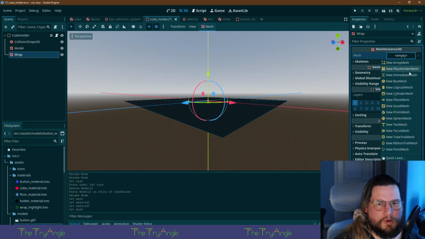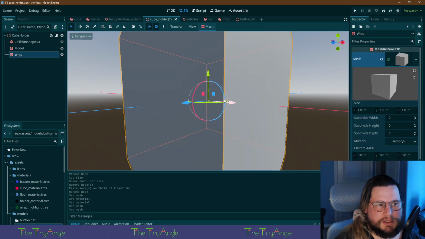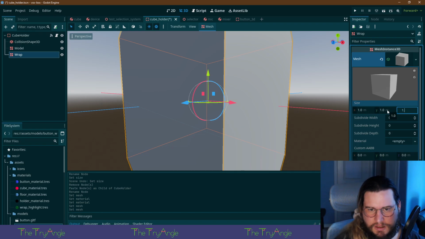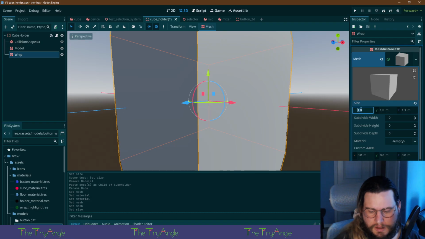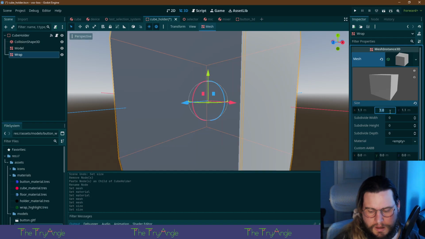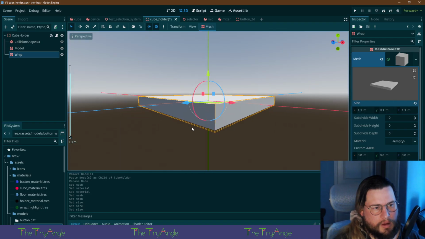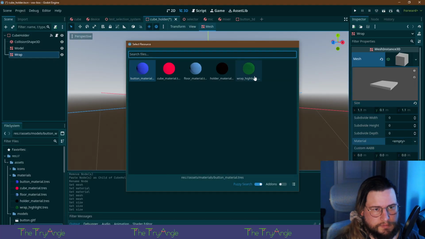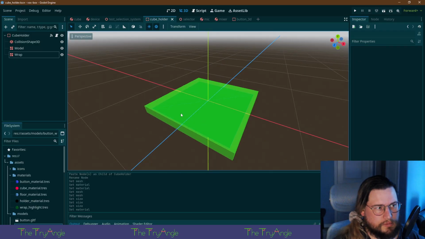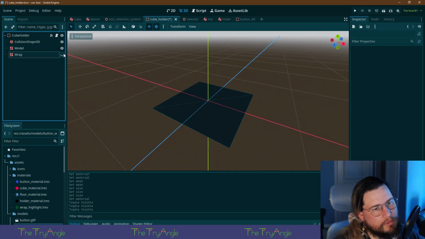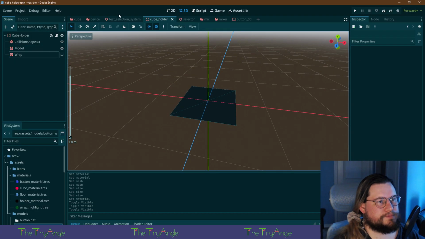Maybe it shouldn't be a quad, but actually a box. Yeah, okay.